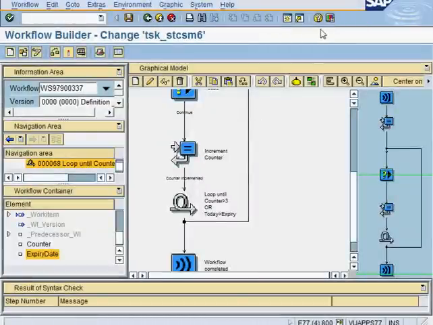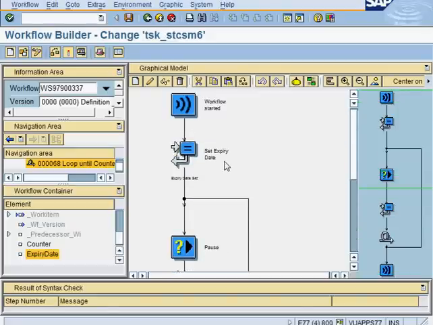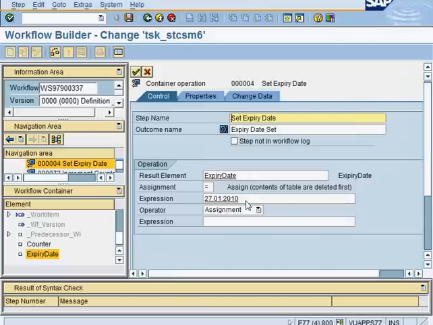Hi, this is a continuation from the previous video, which talks about how to play around with looping in SAP workflow. So this time, I'm going to change the date to 1st of February, so that the system date, which is right now 31st Jan, will be greater than that. And what will happen is that